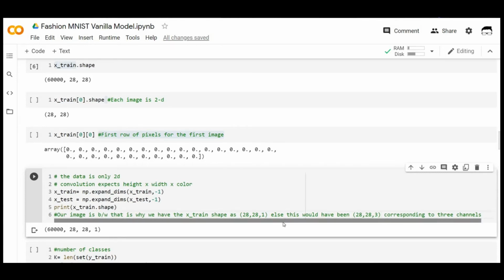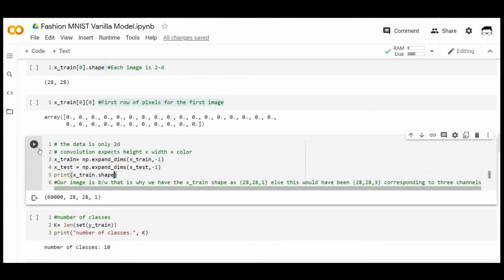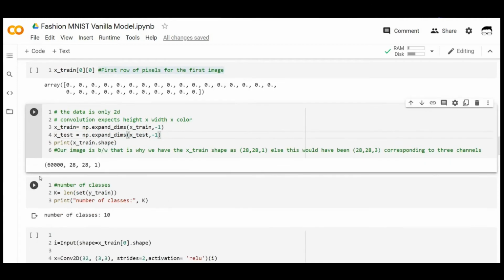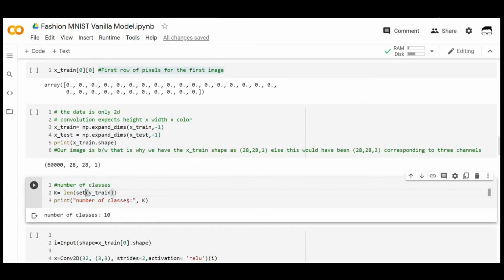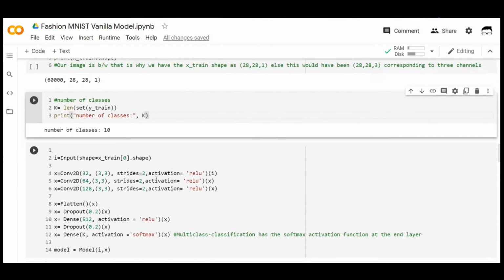But as our image is a grayscale image, it will only contain 1. So we've done some pre-processing to change the shape of our images from 28 cross 28 to 28 cross 28 cross 1. Here we've printed the number of classes, which is 10.